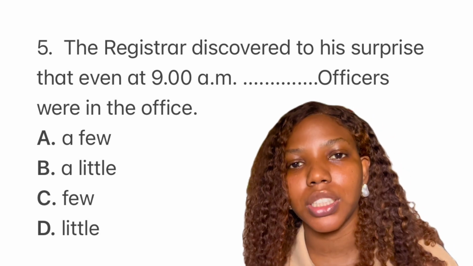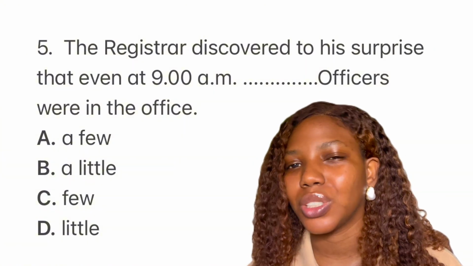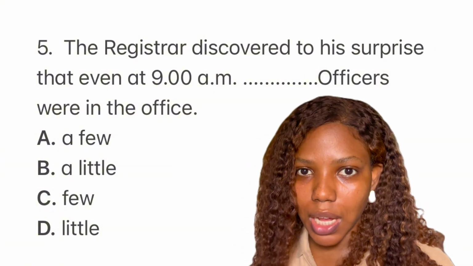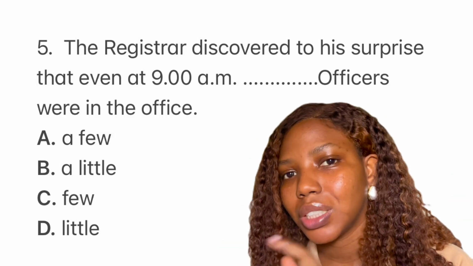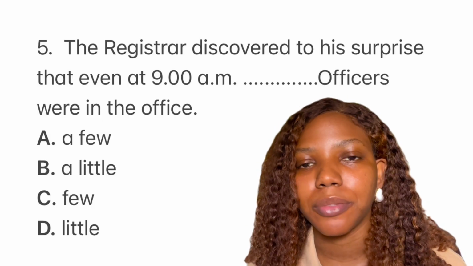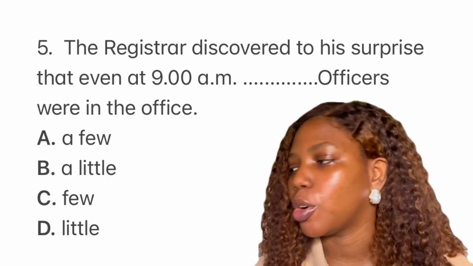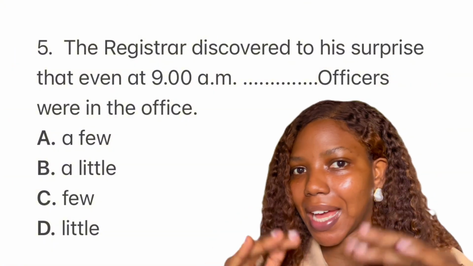Good. Now, what's the difference between little and few? Okay, little is used for uncountable nouns. So we speak of little advice, little information, little time, little water, right? But few is used for what? Countable nouns. Few books, few tables, few pencils, right? Good. So you know the difference. Now we can easily eliminate option D and option B, and we're left with A and C.